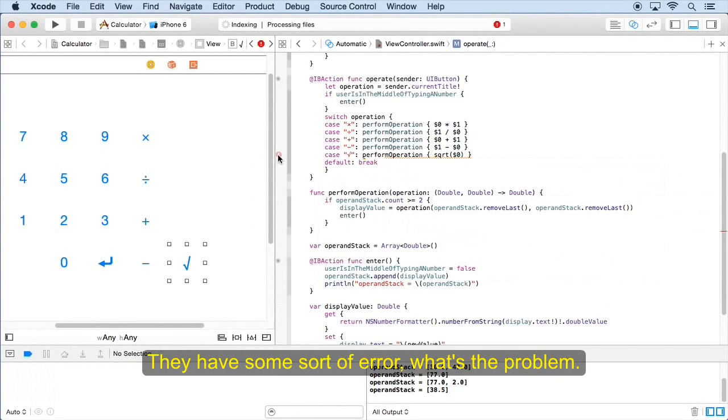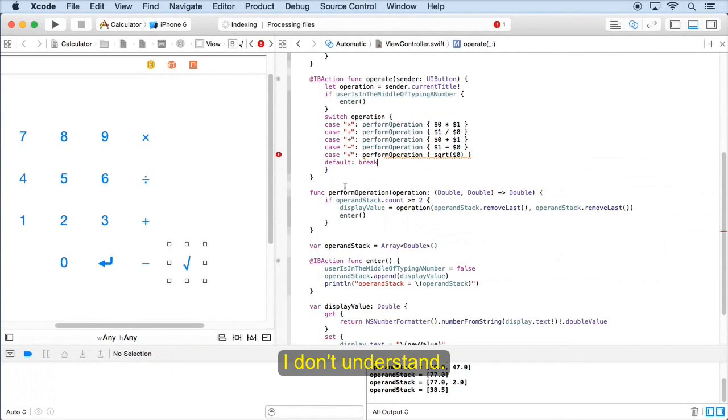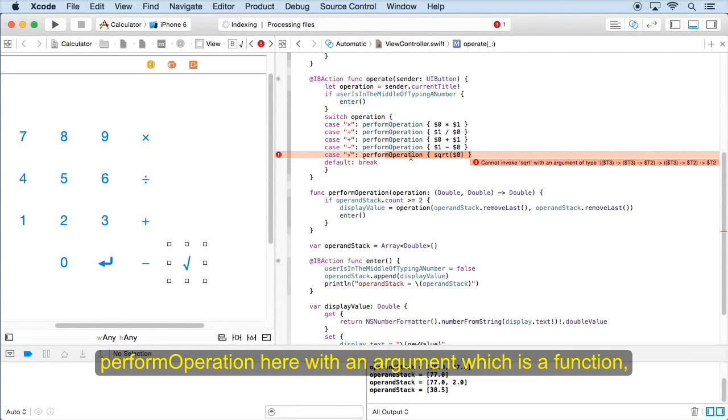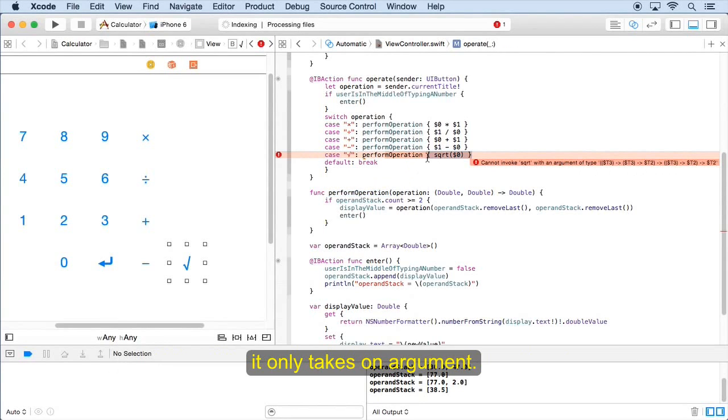Oh wait, what's going on here? We have some sort of error. Why? What's the problem? I don't understand. Let's take a look at this. Now, this error is a little hard to understand, but basically what it's saying is that you're calling perform operation here with an argument, which is a function that only takes one argument. Because Swift looks here and it sees that it's only using $0, so this is a one argument